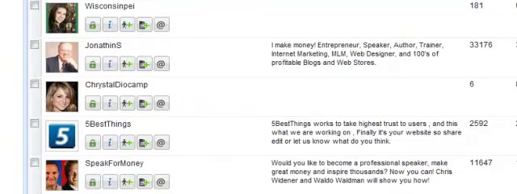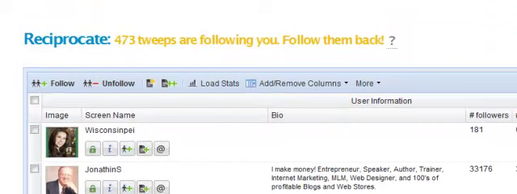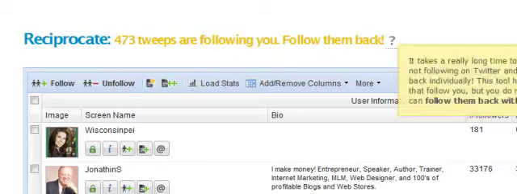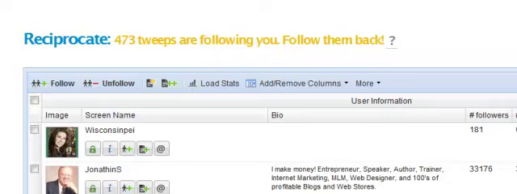There we go. Let it load up. Okay, so the reciprocate feature. The reciprocate feature shows how many people are following me and encourages me to follow them back. Okay, so again, with this feature with Tweepi, you get to see the bio. This is so awesome, because then you get to see, do you even have any interest, and would you want